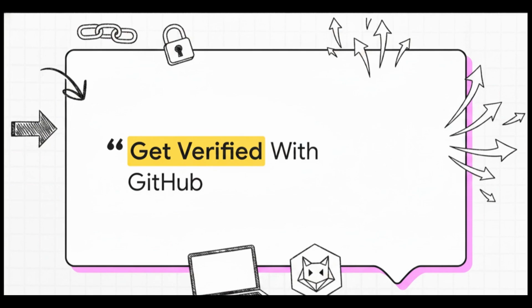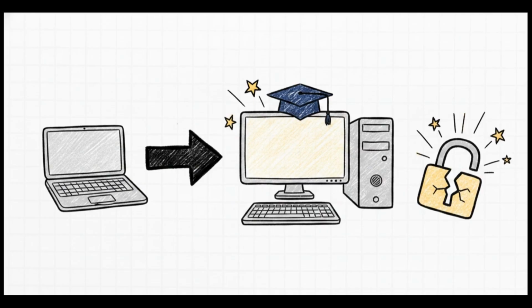Get verified with GitHub. By clicking this, you are officially authorizing Notion to peek at your GitHub account, see that glorious 2-year student pack, and permanently unlock your workspace. It's a real game changer. Right after you click that verification button, jump into your Notion account settings. Look under your plan details, and you should see a sweet little confirmation welcoming you to the Education Plus plan.